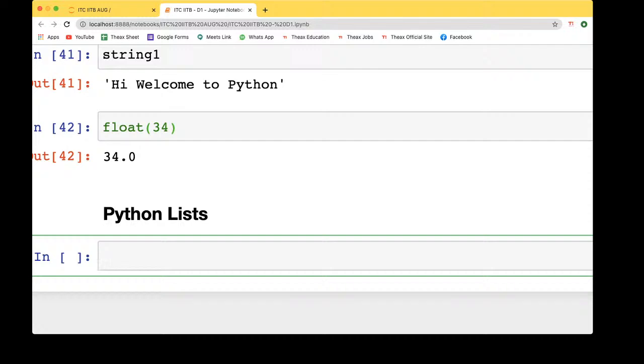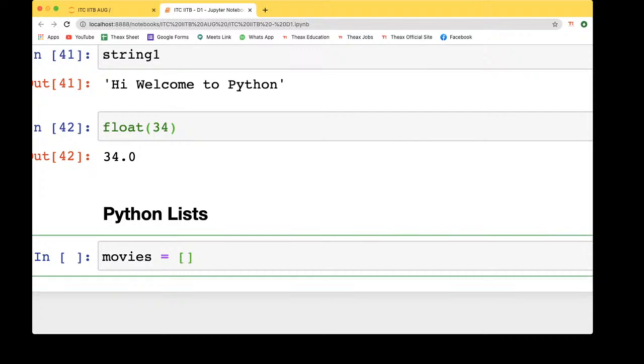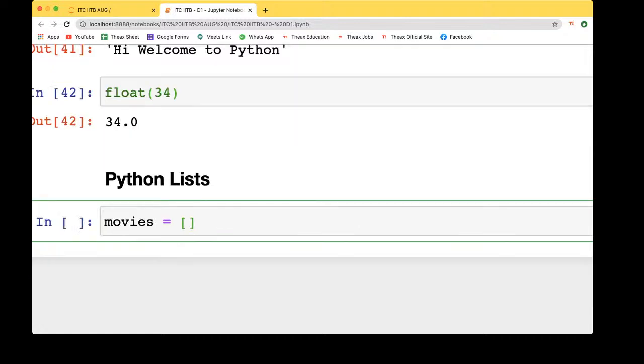Now let's say, for making a list, you should always start with the square brackets. So let's say I'm making a list of, let's say, some companies' names or movie names.